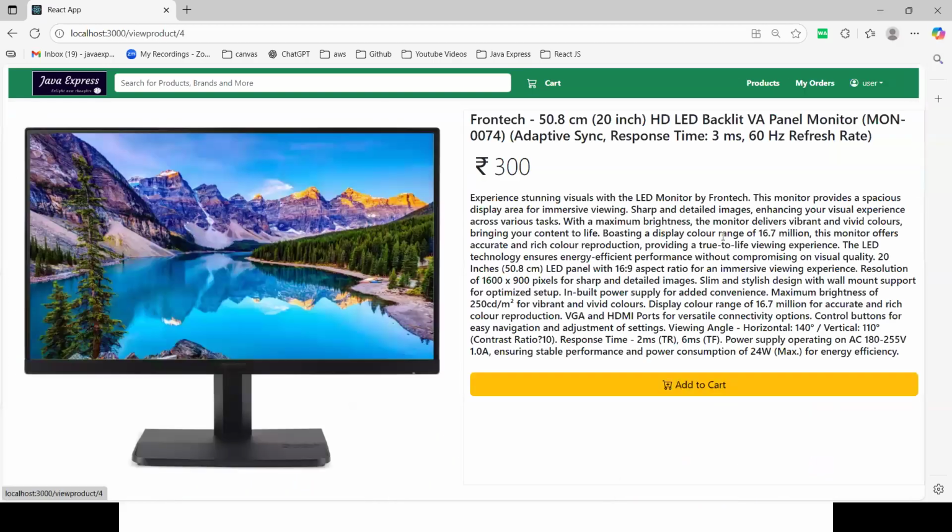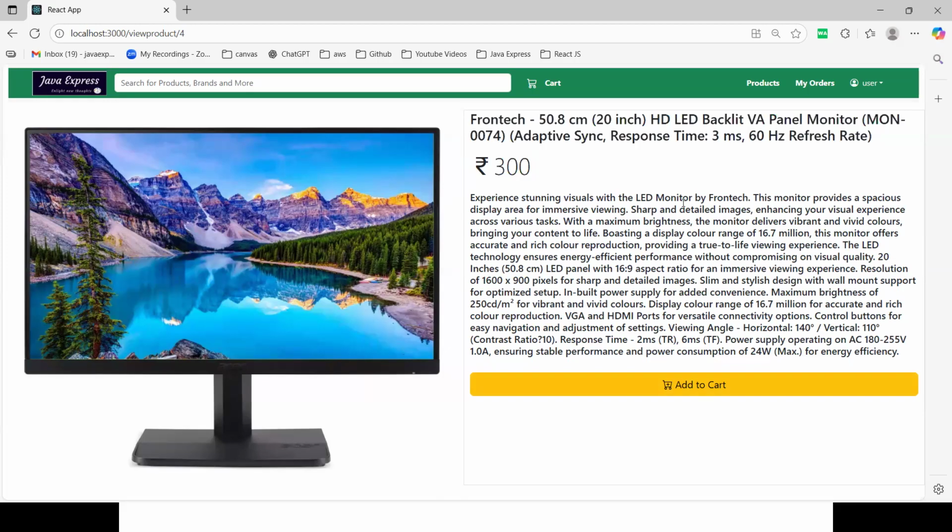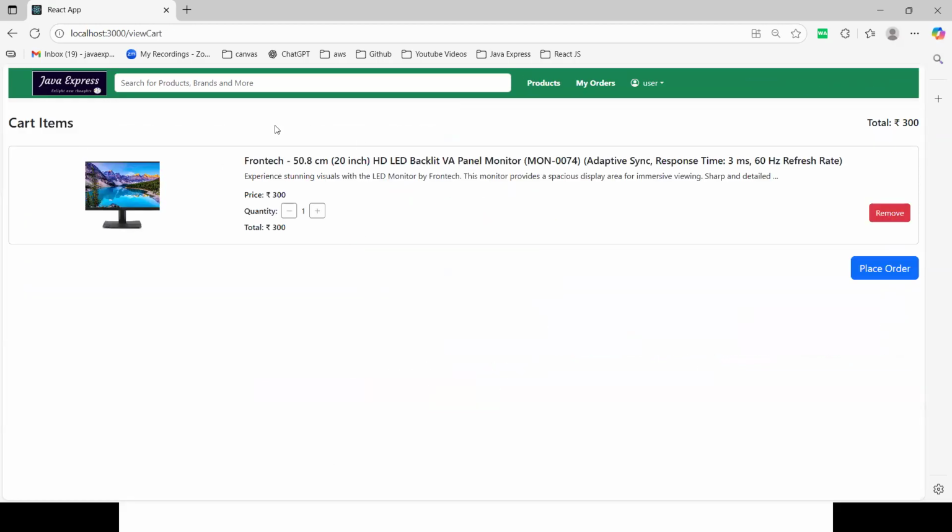When you click on a product, there is a name, image, icon, and an option called add to cart. Till here is product functionality, and when you click on add to cart, the item is added to the cart. This is called cart functionality, cart microservice.